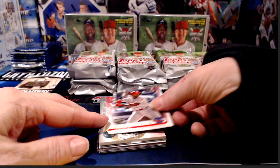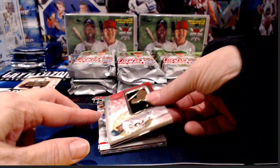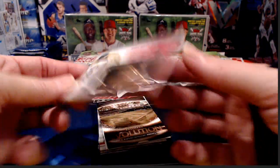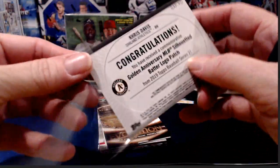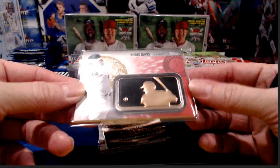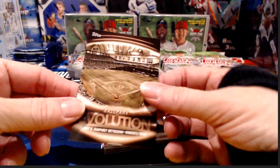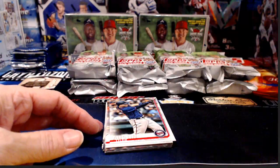2019, Rizzo and the Cubs. Kutch, Phillies. And a relic, our first relic out of this box, Chris Davis and the Oakland A's. So that's our manufactured relic. We will still be looking for our non-manufactured relic, and of course our signature in here. Minnesota Twins, the Cardinals, Ponce de Leon,